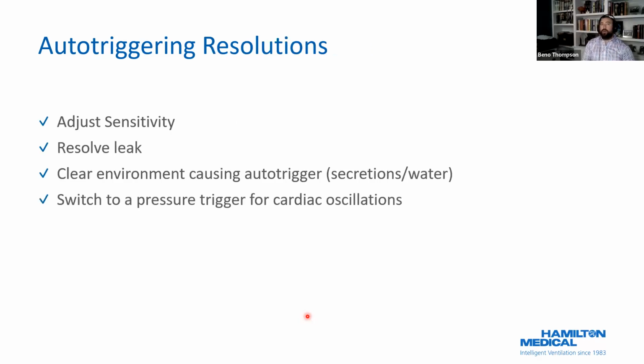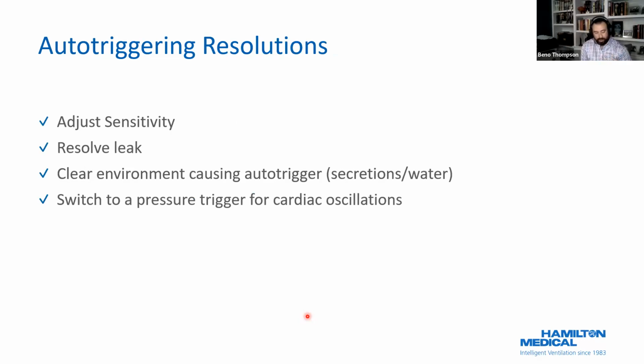So how do we fix the auto trigger? Probably the first thing you should do is check your environment, clear anything sloshing around in your circuit, check for leaks, and try to resolve them if you can. Adjust the sensitivity, okay? Make it less sensitive, turn it up. And then for cardiac oscillations,